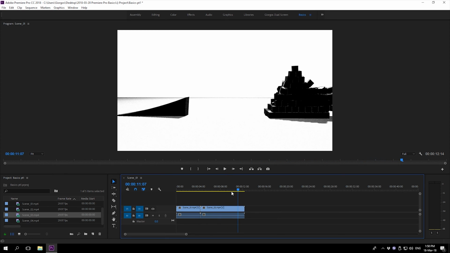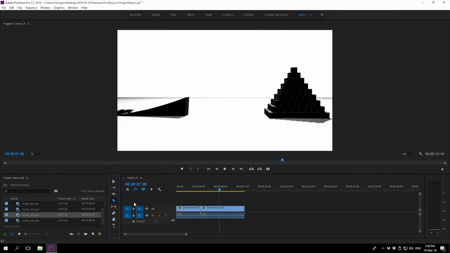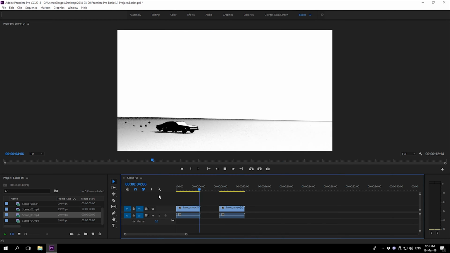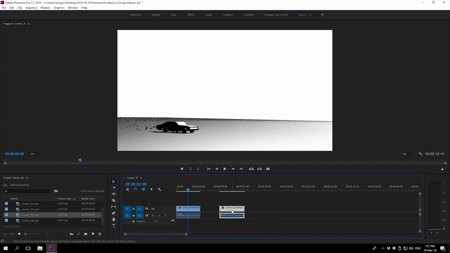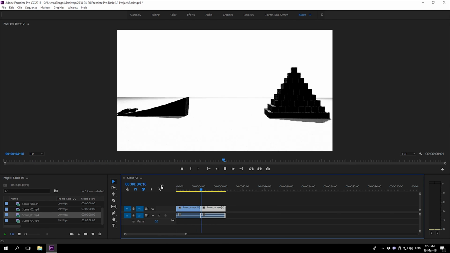There's a lot of time that nothing happens on the screen. I go and select the fourth tool, which is called Razor. Click once to make the cut. Now we have 3 videos on our timeline. We don't want the middle one, so we go to Selection tool and click on the video to select it. Once selected, press right click and clear. Now we have a gap between those 2 clips. Select the clip and snap it next to the first clip. Now the action is much better.